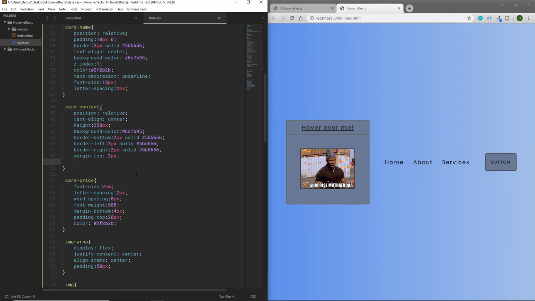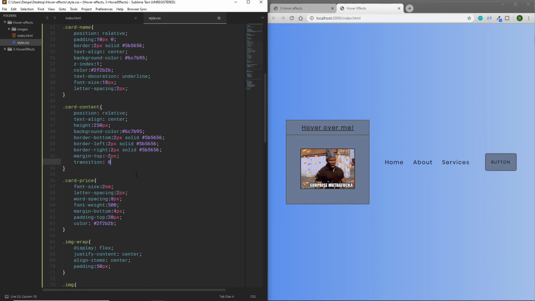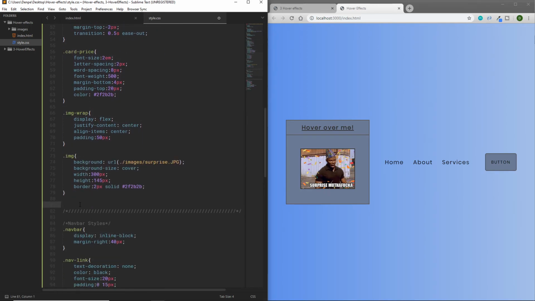And then we're going to add a transition of 0.5 seconds. I'm going to ease this out. We will be using overflow as well in a minute, but first I'm going to show you why we need to use overflow and why it's important, because I want you guys to understand that, because this really helps you understand how this works. Okay, so under here, adds a bit of space, and we'll do .card